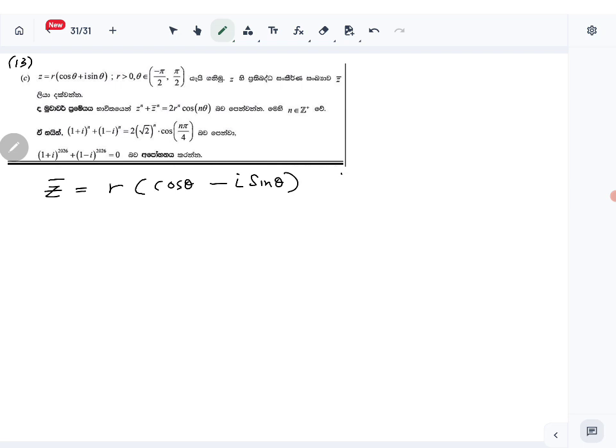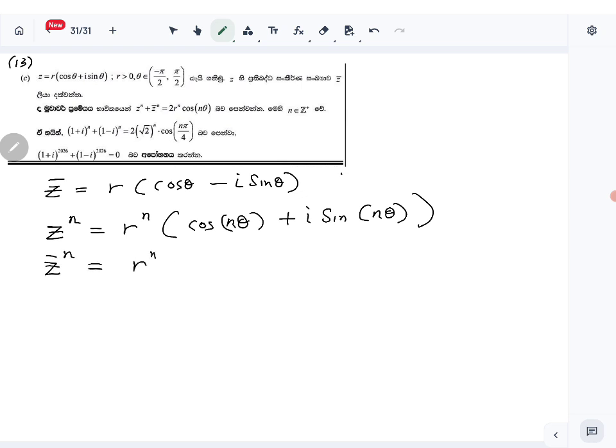Then using de Moivre's theorem, we have to show Z to the n plus conjugate of Z to the n is equal to this expression, right? So using de Moivre's theorem, let me write Z to the n. Z to the n is what? r to the n cos n theta plus i sin n theta. Then Z bar to the n, also using de Moivre's theorem, is what? r to the n cos n theta minus i sin n theta,